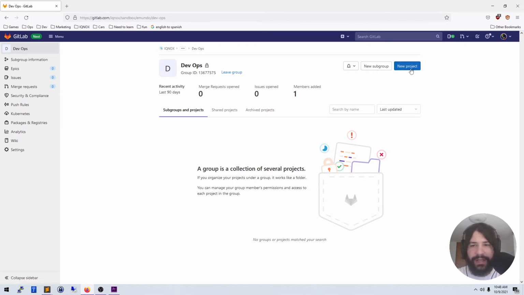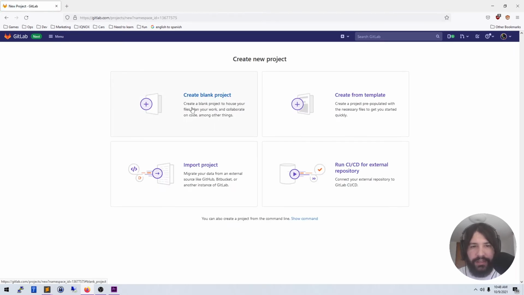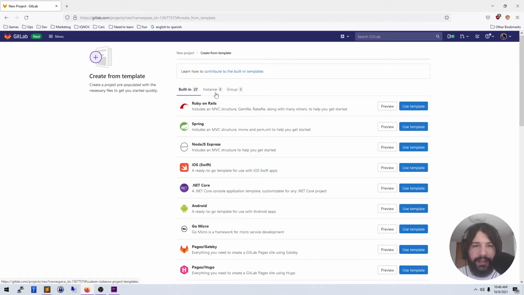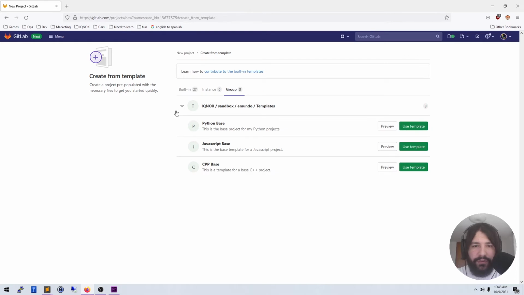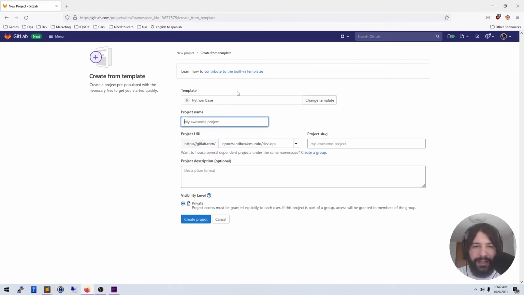I can now go into DevOps and create a new project, and I want to create a project from a template, and you're going to see three tabs up here. The built-in ones, these are ones that come with GitLab. Instance, these are things that the system administrator enables for the entire instance. And then groups, this is the one that we're looking for, and you can see that I have the three projects that I had in my templates directory available to me now when I want to create a project based off a template. I'm going to pick the Python base, I'm going to click use that template, and after that